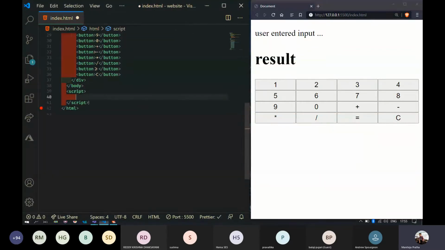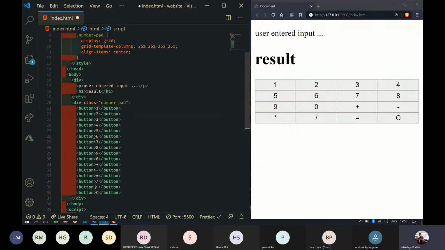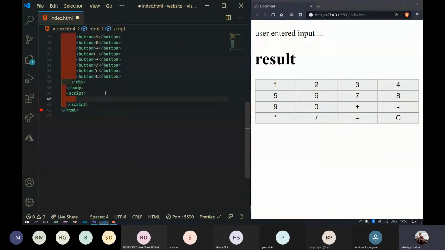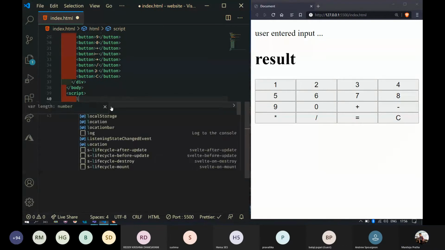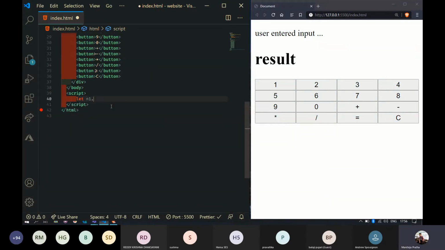So first of all, what I will do is, how many variables do I want? 3 variables. Number 1, number 2, and number 3. So now I will write a function get value.